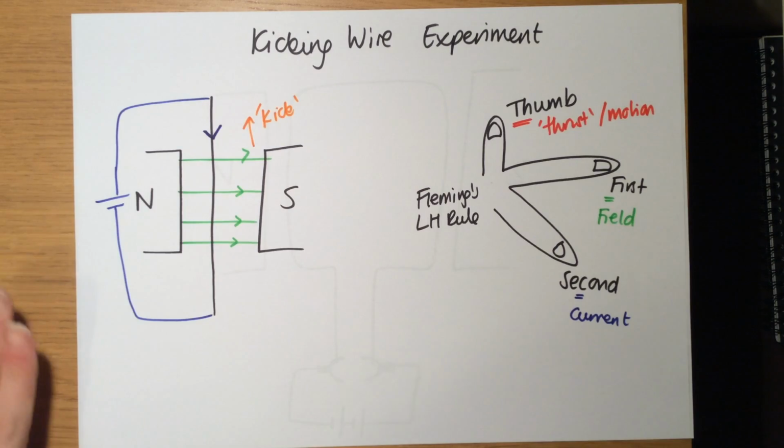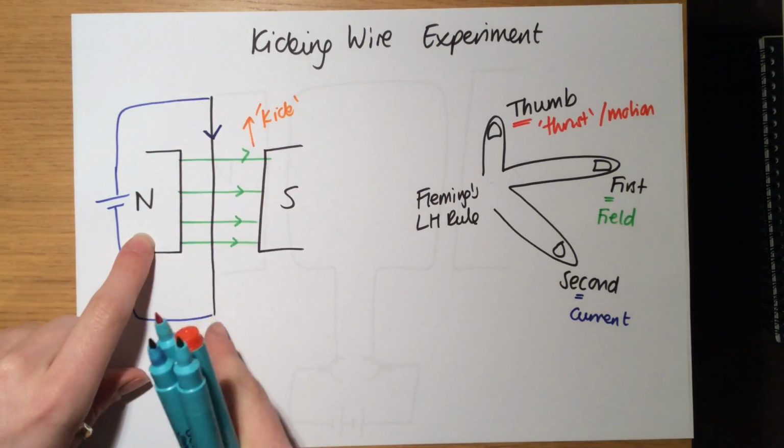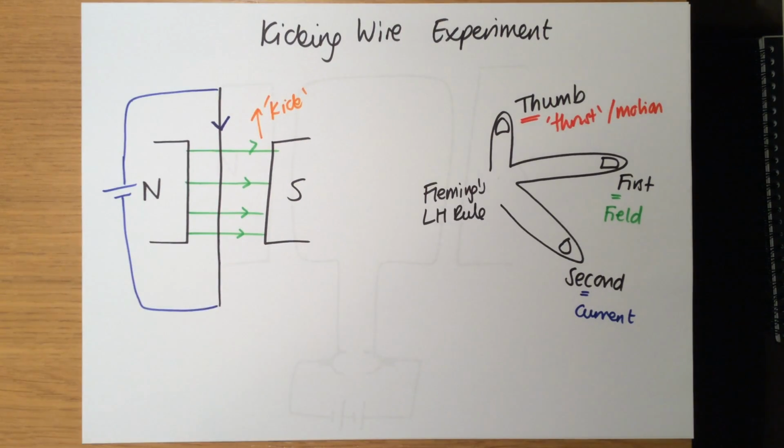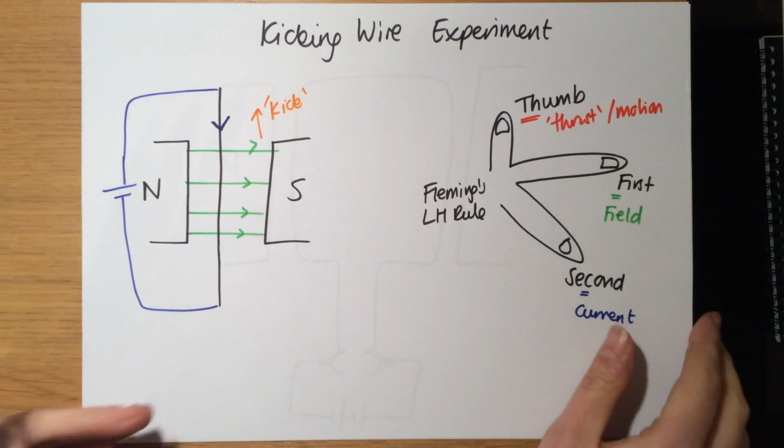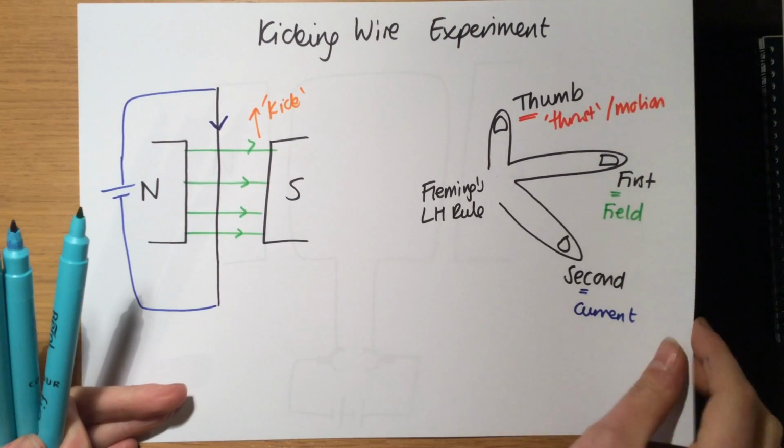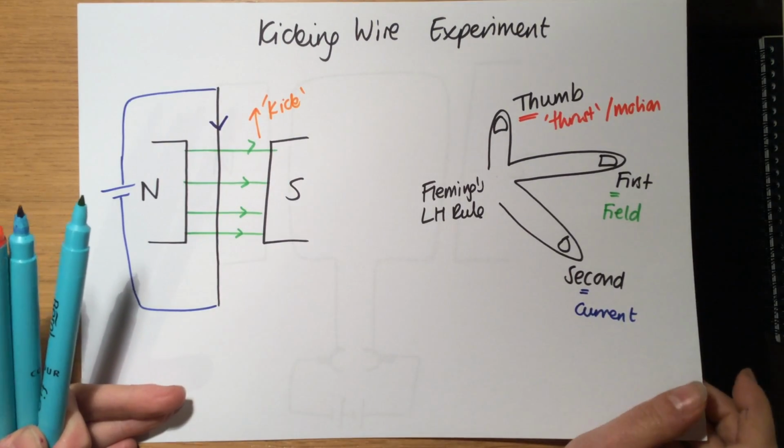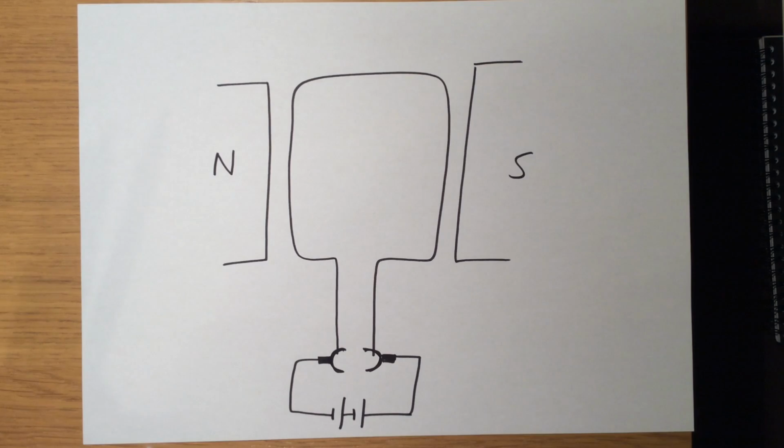So if I've got magnetism and electricity, I will get motion. This is magnetism and electric current causing a motion to occur. Now this is the basis of a motor. But a motor is a little bit more difficult, and it's one of those ones where I'm going to try and explain it, and it might not be the best explanation, but hopefully it will give an idea of